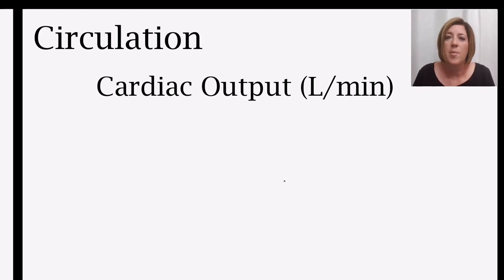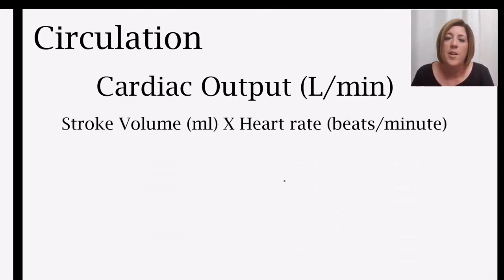So we're talking about cardiac output, which is pumping the blood from the left heart to the entire body. When we're looking at the formula for cardiac output, it might remind you of the formula for minute ventilation. We're looking at the milliliters with each beat. So the milliliters that the heart ejects with each beat is called stroke volume. And then you would multiply that by how many times the heart beats per minute. And that would give you how many milliliters or how many liters the heart ejects, the volume of blood it